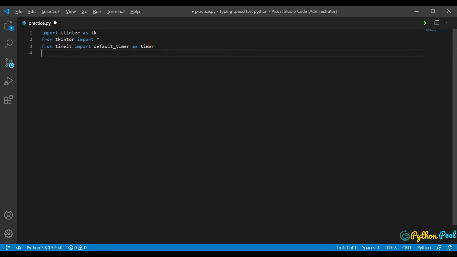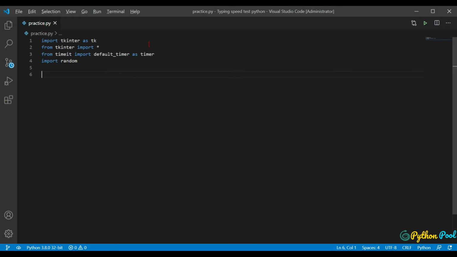Okay, and we also import random. So we'll be using these three modules for our application. So once we are done with the importing, let's design the GUI.